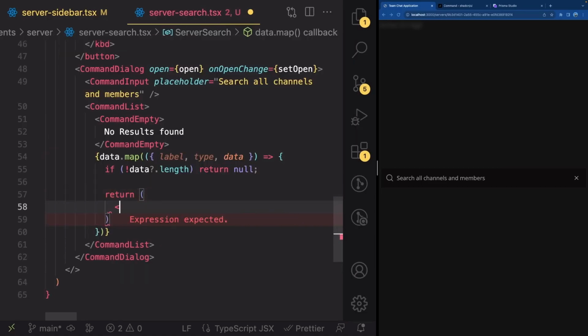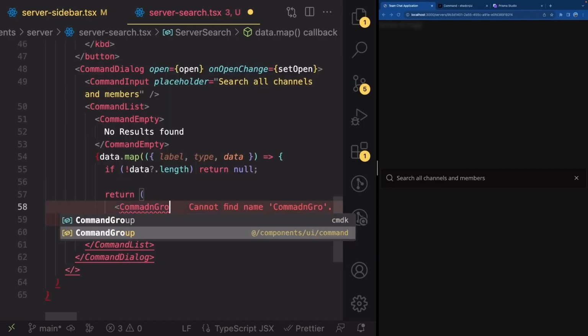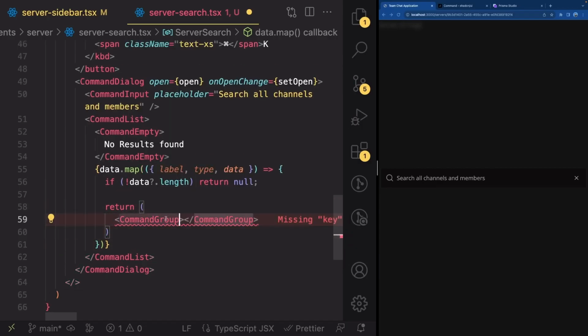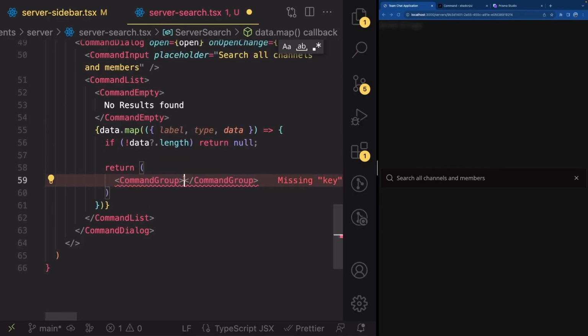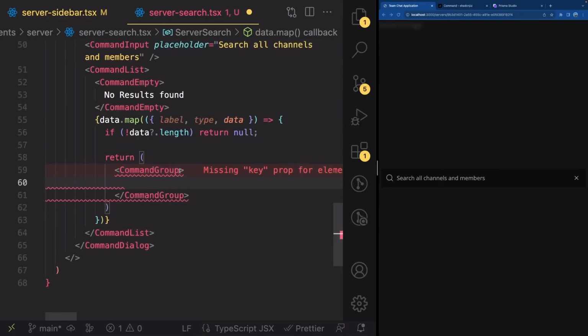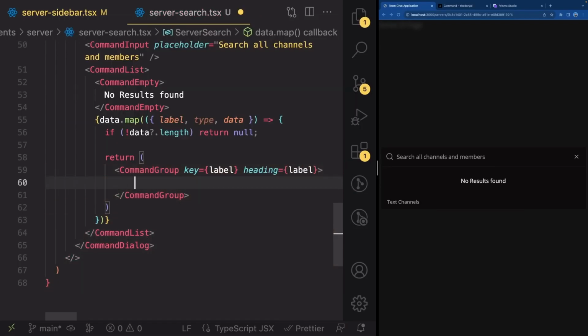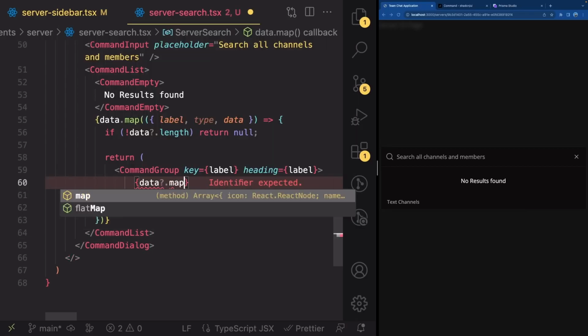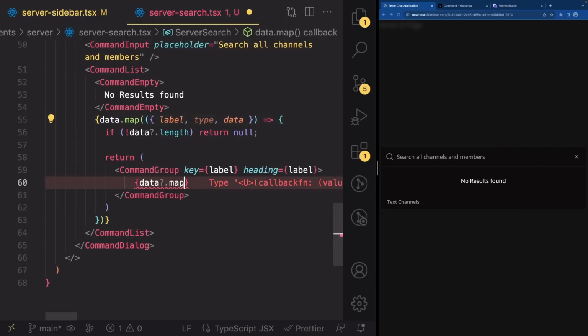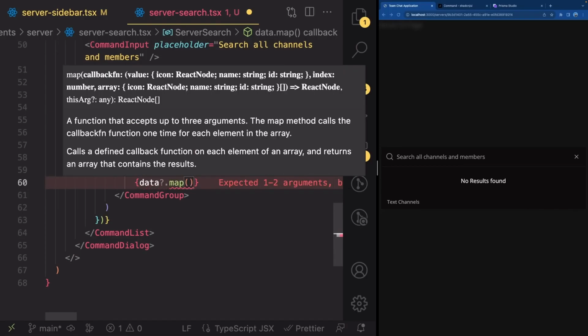Otherwise, go ahead and return a command group from /components UI command. So make sure you have command group imported here. And inside, let's go ahead and give it a key of label. And let's give it a heading of label as well. And let's go ahead and write data.map. So this is this inner data now, map, and go ahead and destructure the ID, icon, and name like this,